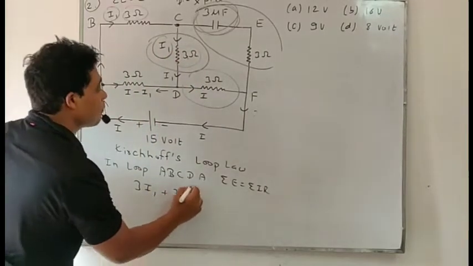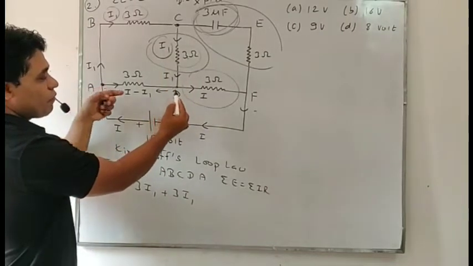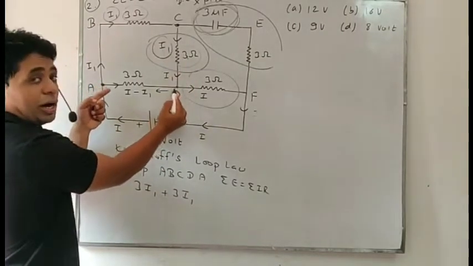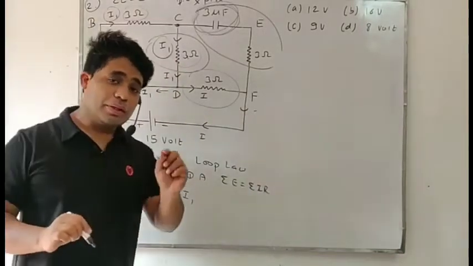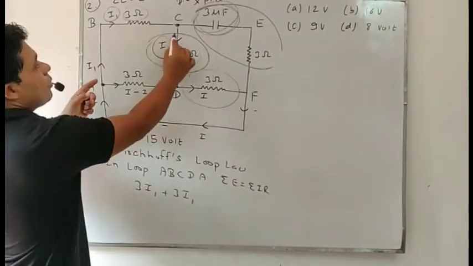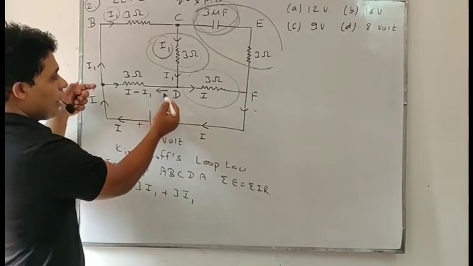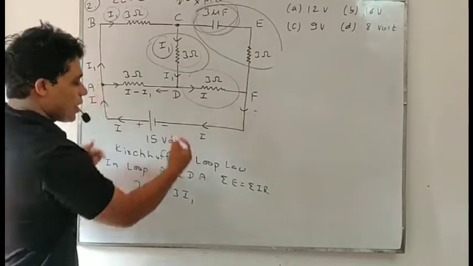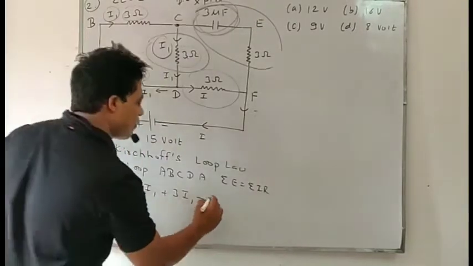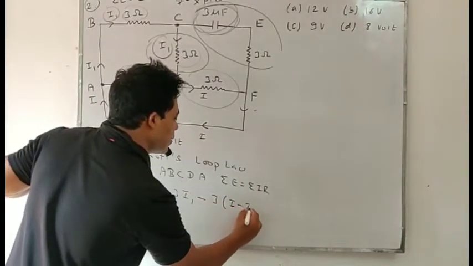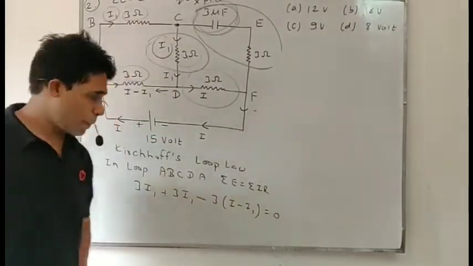Then 3 I1. And look, we are going that side and current is coming from this side. Look at our direction, okay, and direction of current is opposite. That's why we'll use minus sign. If our direction, we are moving like this, indicated by this arrow, and current is coming from that, for opposite direction, we'll use minus sign. Resistance 3 and current I minus I1. 3 into I minus I1, and there will be 0 because there is no cell, so EMF will be 0.